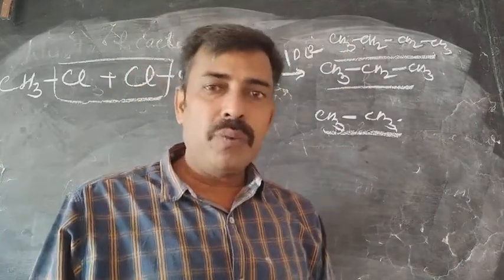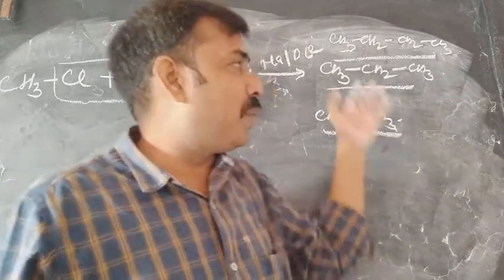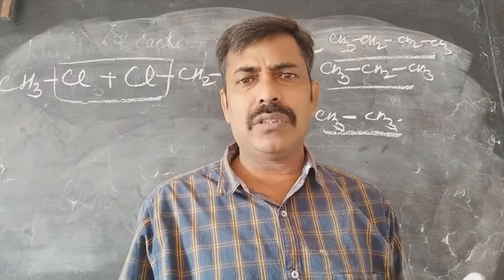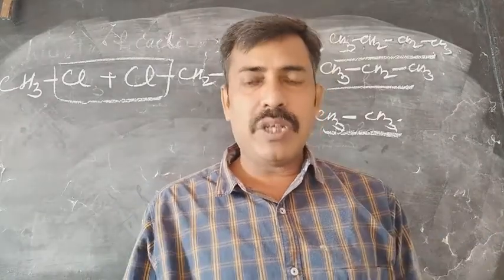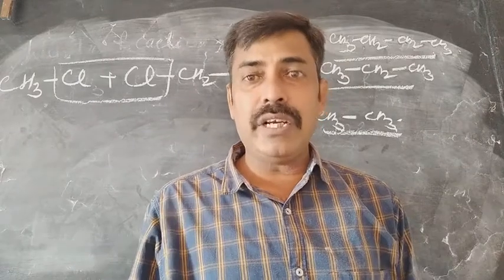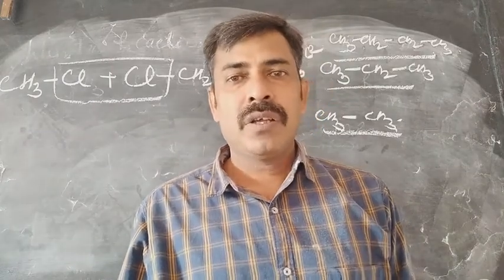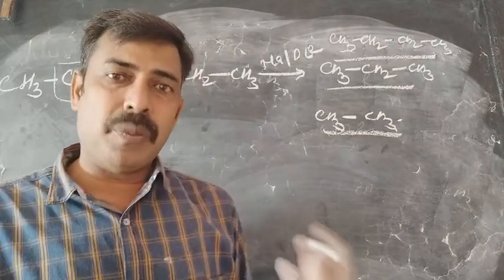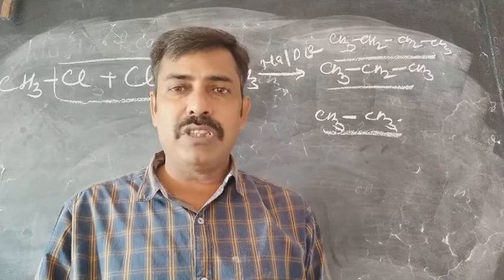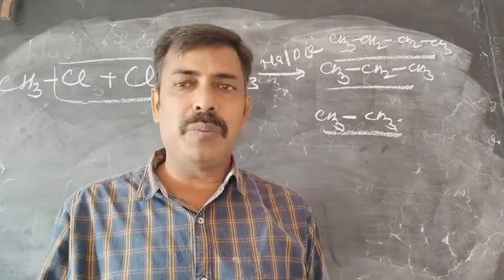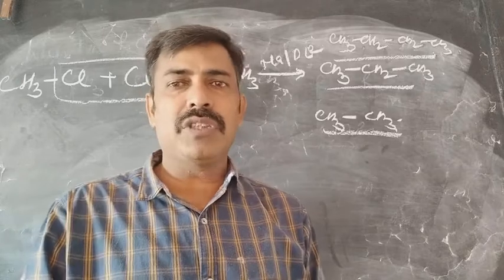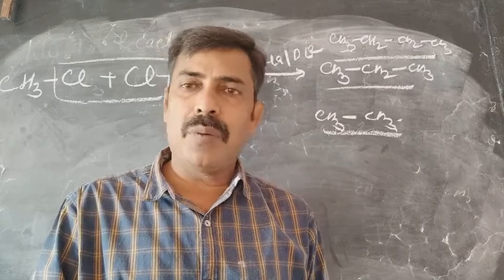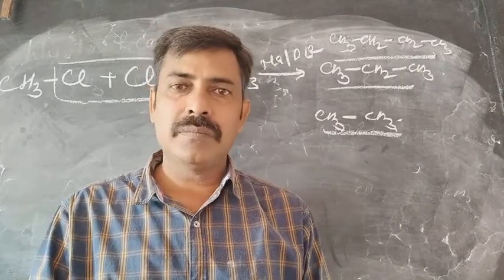How will you remove these byproducts? Because these byproducts have very small variation in their boiling and melting points, 5, 6, 7 degrees Celsius. And we have studied that at least 25 degrees Celsius variation is needed for fractional distillation. That means for these compounds, fractional distillation is not possible. That means easy separation of such compounds is not possible. And if separation is not possible, then what is the use of such a reaction? If we are not capable of getting the pure substance, this is the problem with the Wurtz reaction.